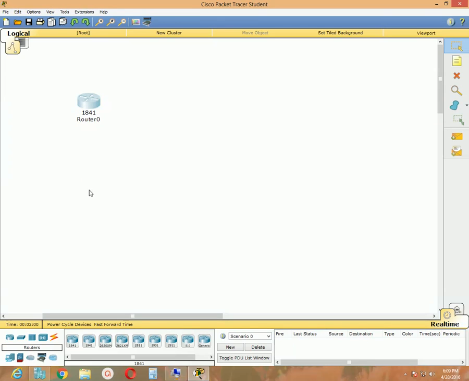1841 series router, and then I am going to end devices, and I am taking some end devices like a desktop computer or a laptop computer. Also I am going to take a switch, and let me place it here. Okay, so now I need to